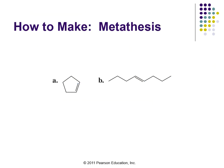Let's look at another type of example. How would you make the following molecules if they underwent a metathesis reaction? What reagents would be needed? Okay, so the way we solve this problem,